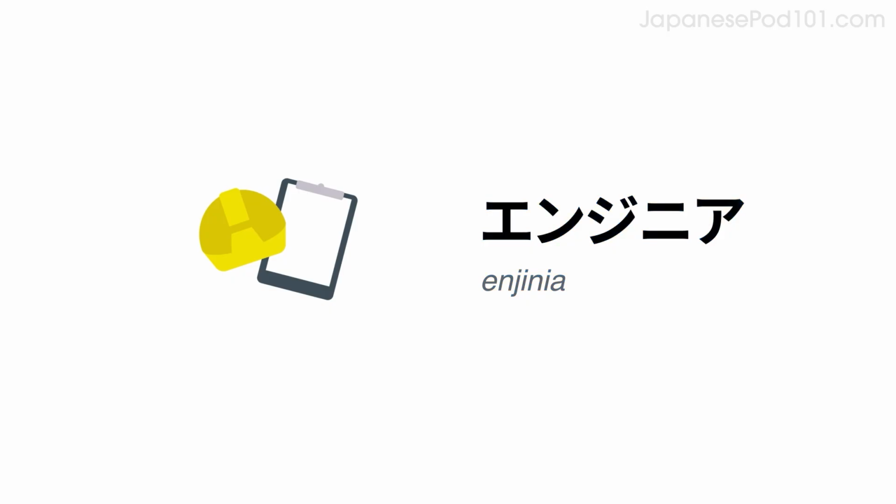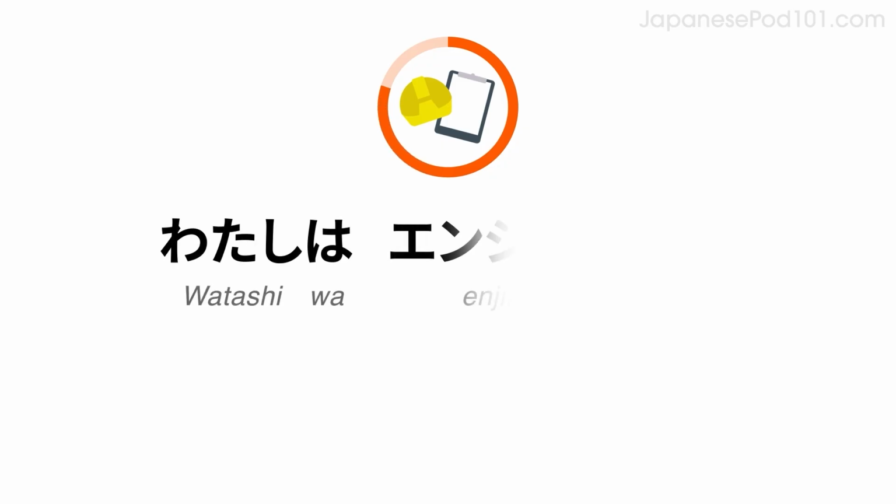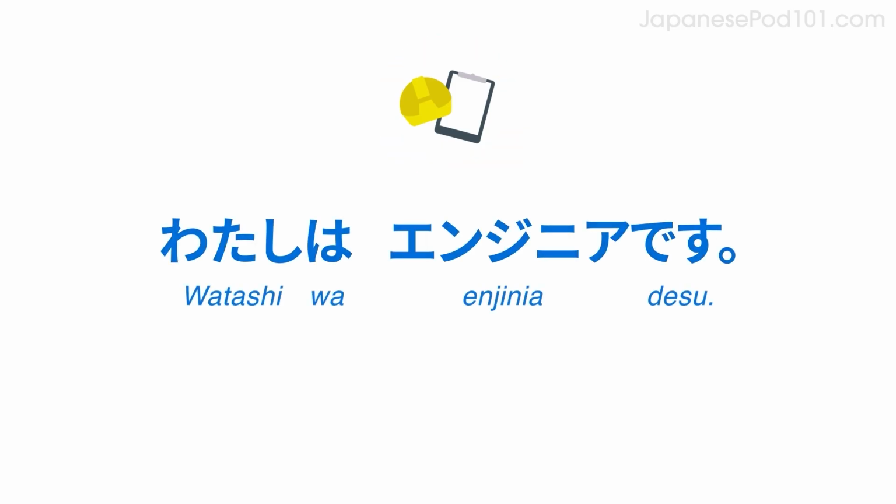Now, imagine you're an engineer. Do you remember how to say engineer? エンジニア. Say, I'm an engineer. 私はエンジニアです。 Now, answer the question saying that you are an engineer. ご職業は何ですか？私はエンジニアです。